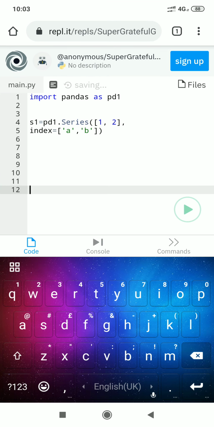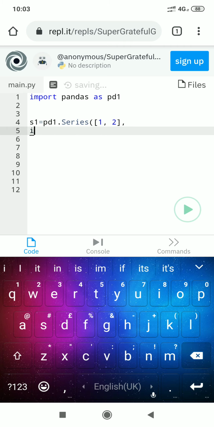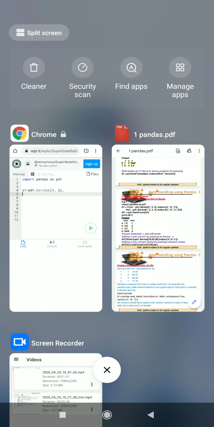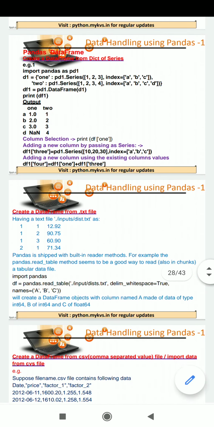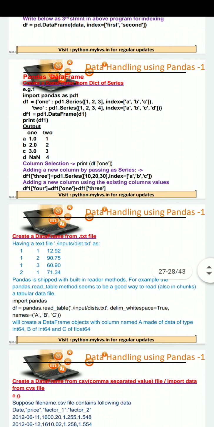Student, I will remove all these. It is getting harder due to this online compiler.